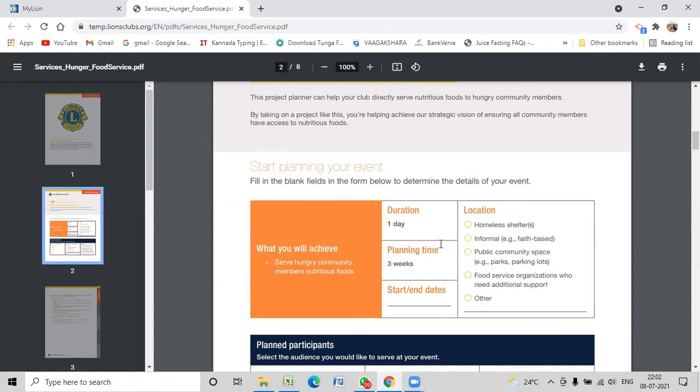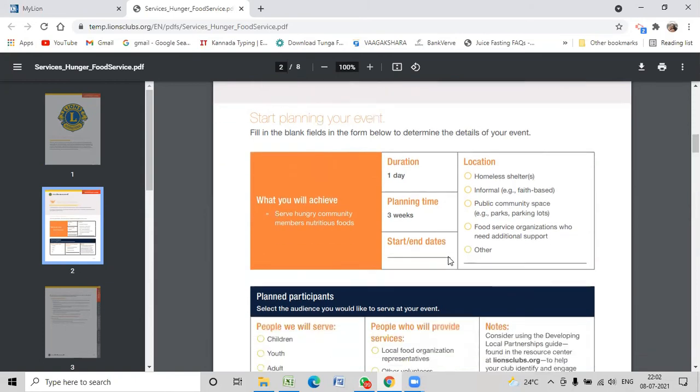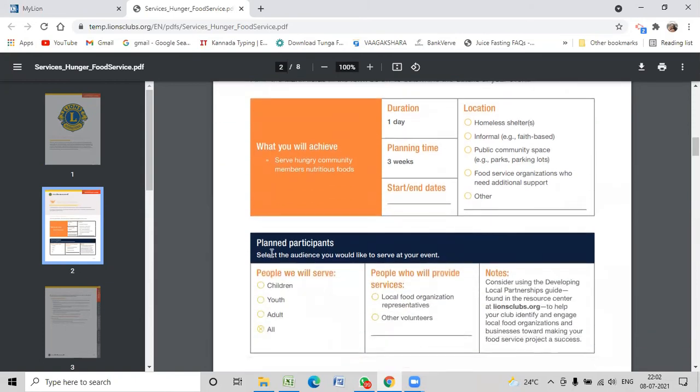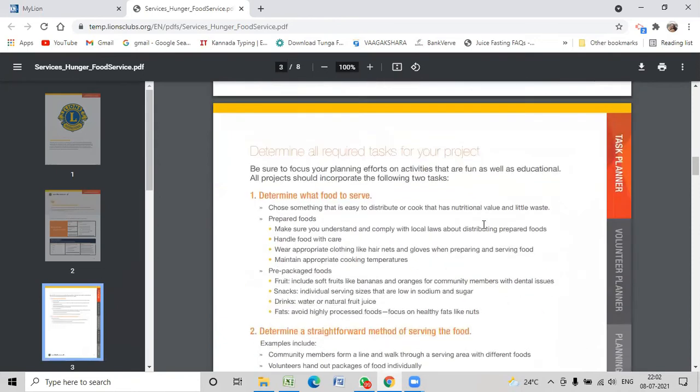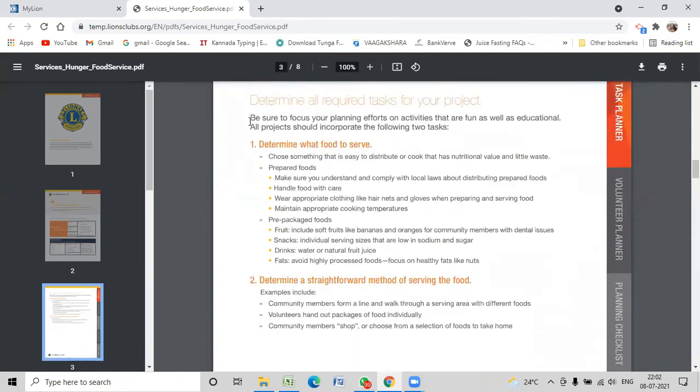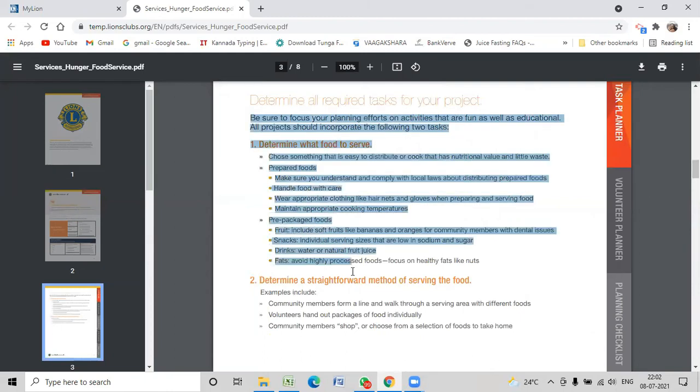Start planning your event. You can take a printout of this and start filling it in. This is like a questionnaire and a planner. Who are you serving, whether it is children, youth, adults, or all? What is the planning, what is the duration, where is the location? Then what are some of the tasks that you will need to do for the project?